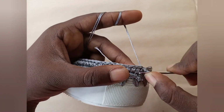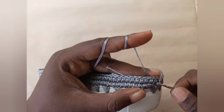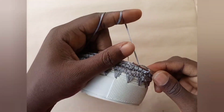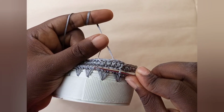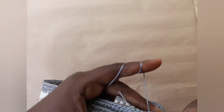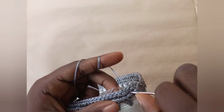So that's what I just realized, and I would love to share that with you. So to continue, you can make use of any color of yarn here. So I'll still be using my ash color. So what you just need to do is insert your hook, then make a slip stitch round wherever you